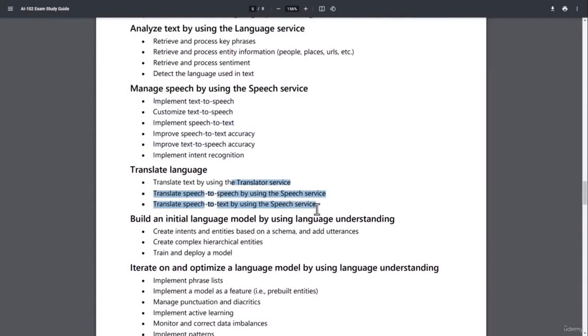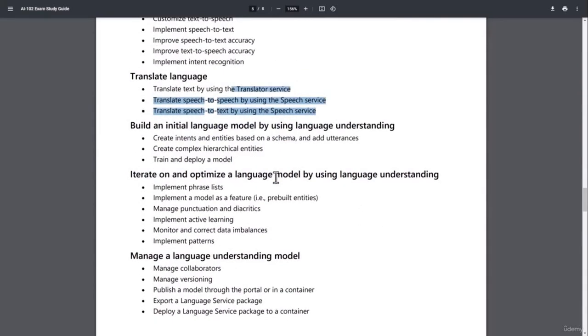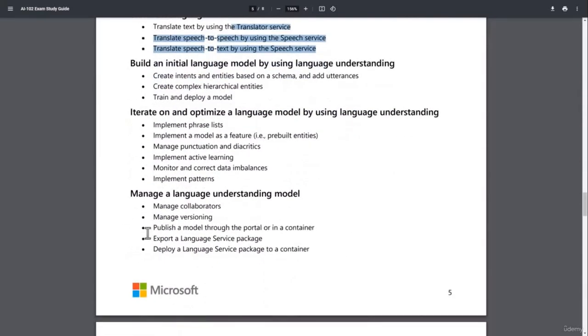Translation is pretty advanced these days. It used to be kind of clunky. Even 10 years ago, getting computer translation was more literal. Now computers understand context, they understand intent, they understand slang words and things like that. And so the translation service is pretty advanced. All right, again, the LUIS service has been renamed as the language understanding service, and so being able to build your